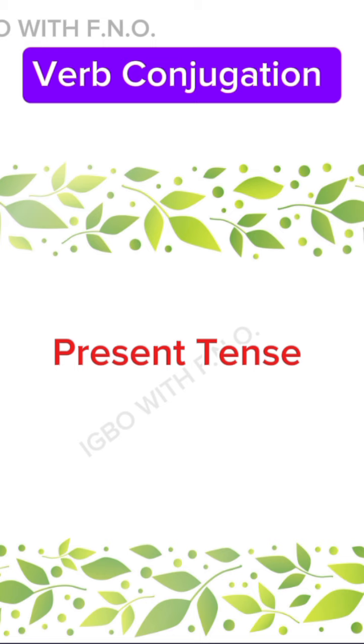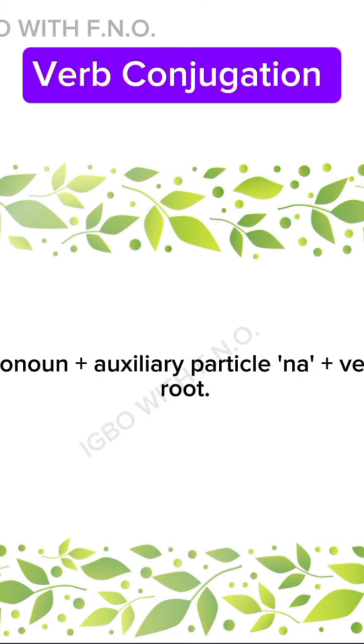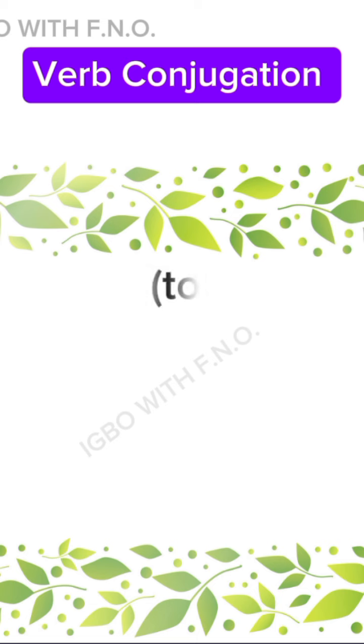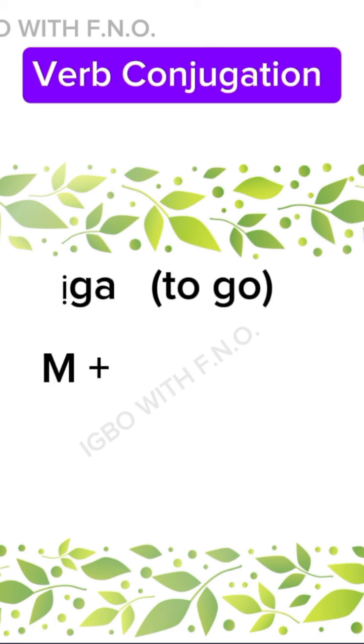So to conjugate an Igbo verb in the present tense, all you have to do is pronoun plus auxiliary particle na plus the verb root. For instance, let's use the verb iga as an example. Iga, we are conjugating it in the present tense. All we have to do is a pronoun, I'm using which is I, plus na,